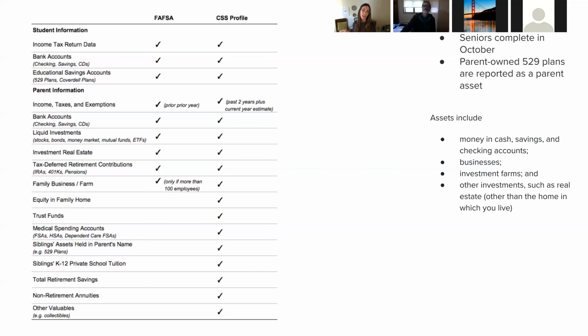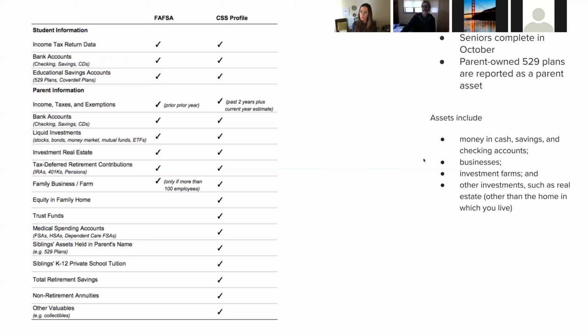For those of you who don't yet have high school seniors, I'm so glad you're looking at this now, again, because you need to be thinking about what your aid eligibility will be based on 2020 or 2021 if you've got a student starting college in '23. Right, so this year is what you're going to be reporting for your high school junior, for example.